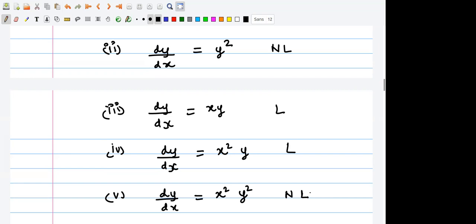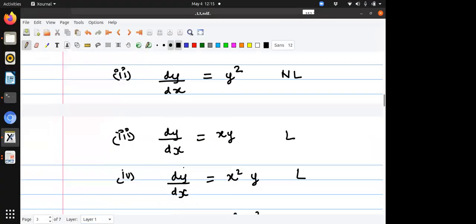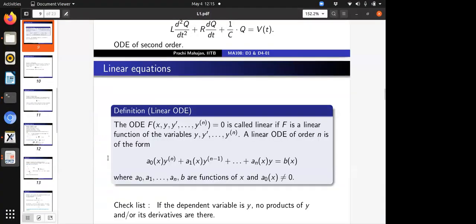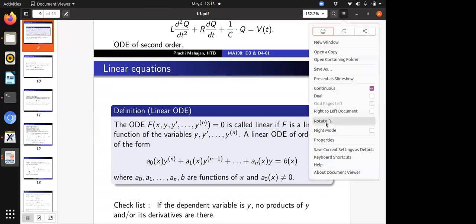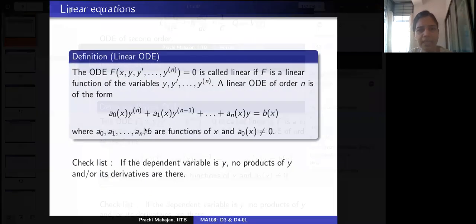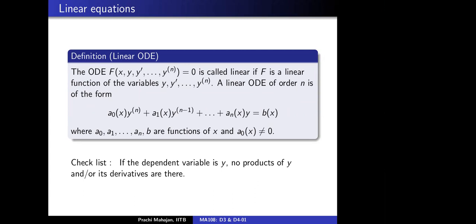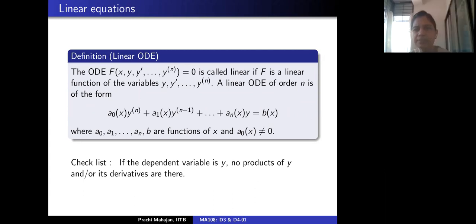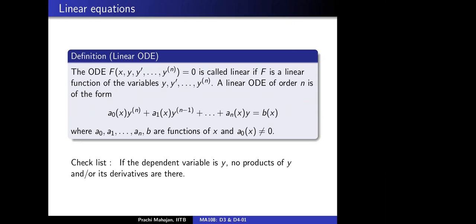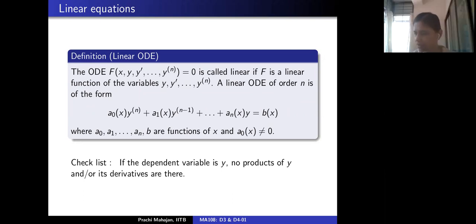Ma'am, in the lecture slides, I mean, it says that A1, A2, and AN can be 0. Wait a minute. A1 up to AN can be 0, but we insist that A0 better be non-zero because we are saying that this is a differential equation of order n. Is that correct? Yes, ma'am. Please ask if you still feel this is a sticky point. Don't hesitate. Please ask.